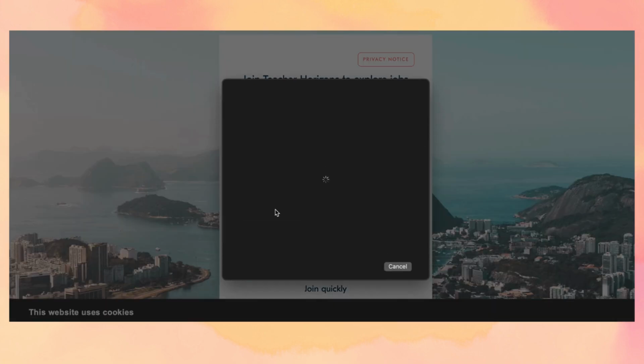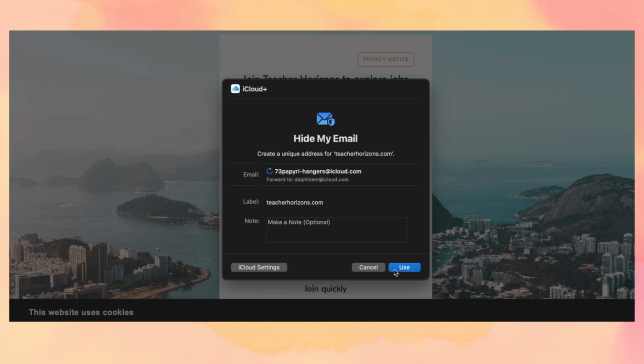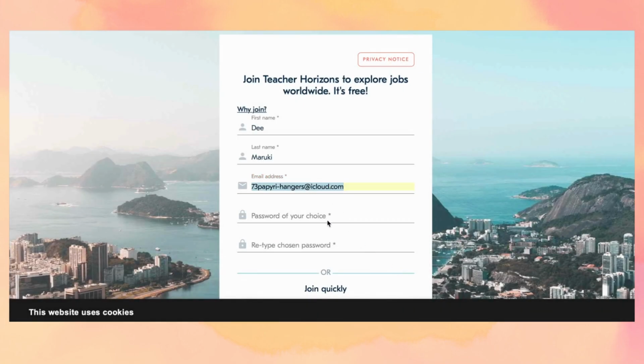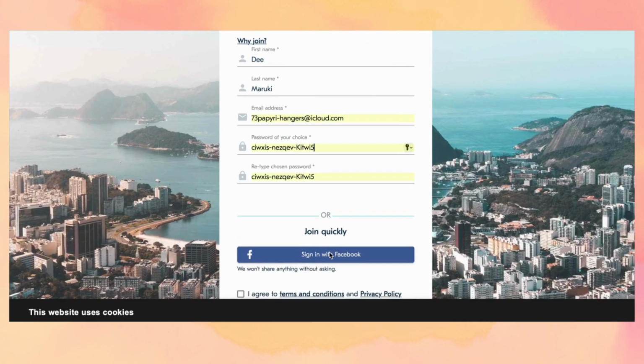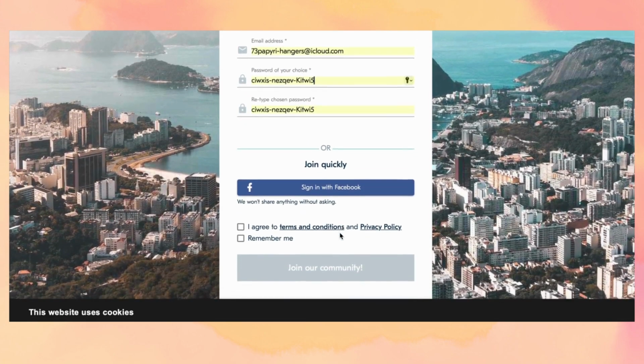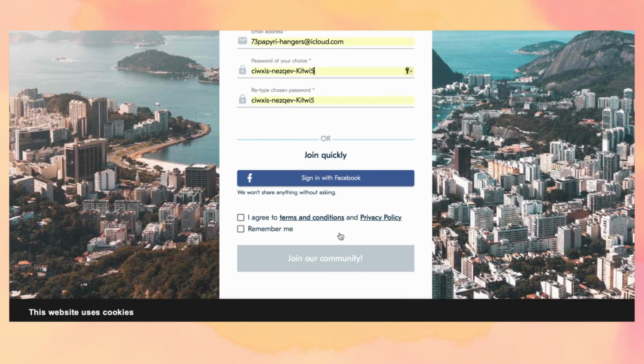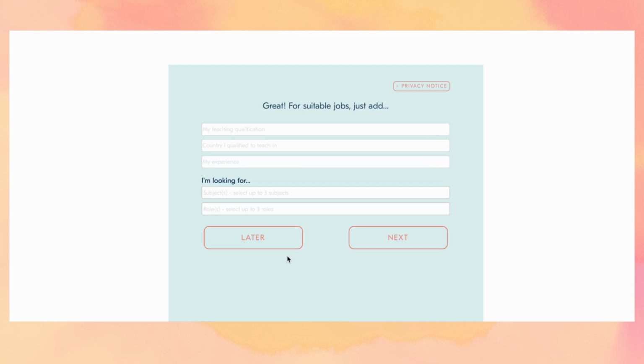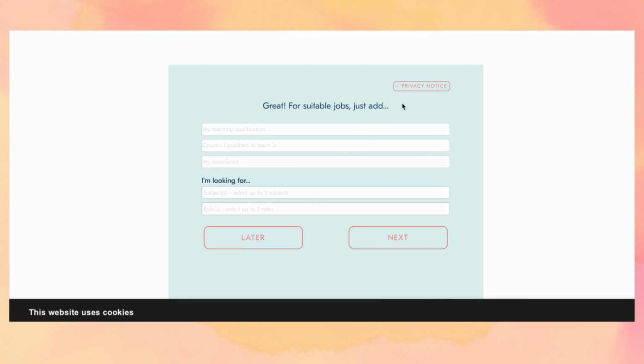So when you go to the Teacher Horizon website, click on the page. They should bring you to sign up. Then they ask for some information to help you create an account. And this is me creating an account with them. I don't think I'll remember this password, but all right, let's go. You have to agree to the terms and everything down there. It's my laptop, so it can remember me. Then I go to the community, and then